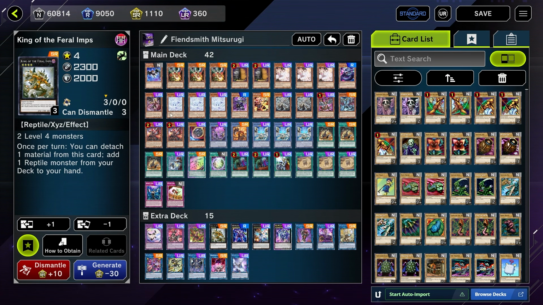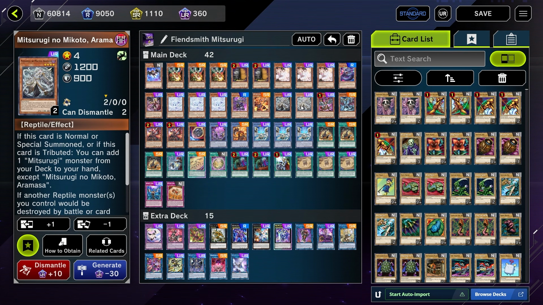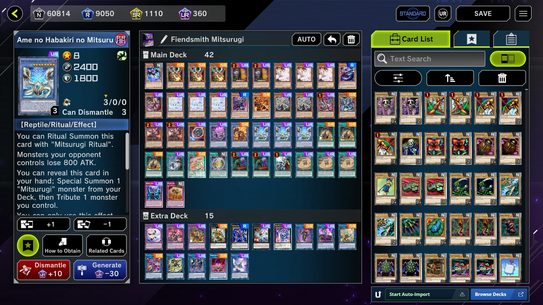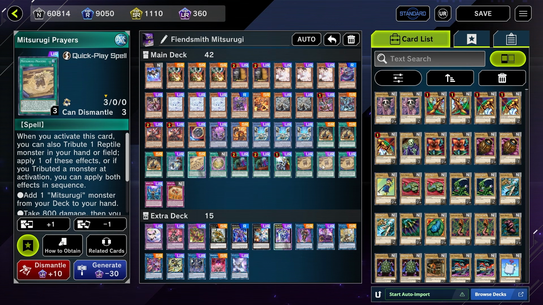However, if you open a Fiendsmith card and nothing else, you can still end on a full pure Mitsurugi build with the way I have the extra in main deck set up here. So for our starters, we're playing 16 in a 42 card build, which is a